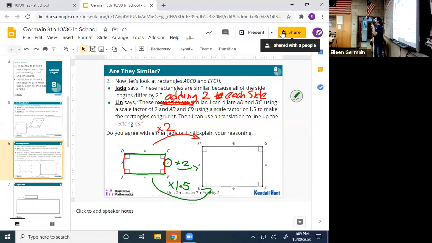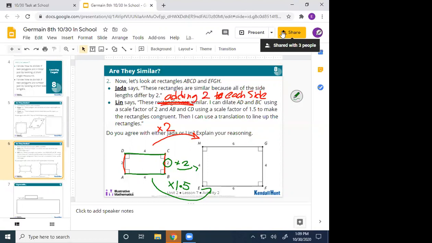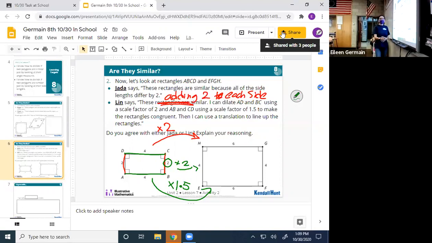The same. So if we look at this statement and we look at the math that we have to do here, can we say that they're similar? Are these two shapes similar? No. Why do you think? Well, the shorter side is by 2, and the other one would have to be by a different number. So that means the scale factor is 1.5 and 2. Can I do that? No, you can only have one scale factor.